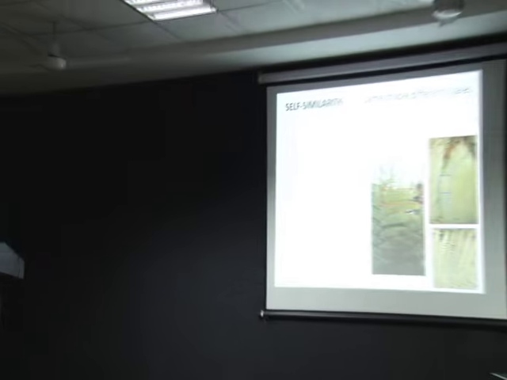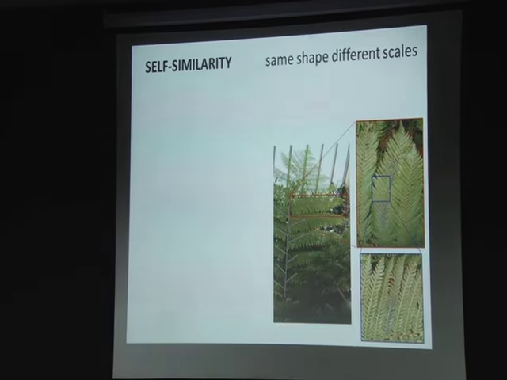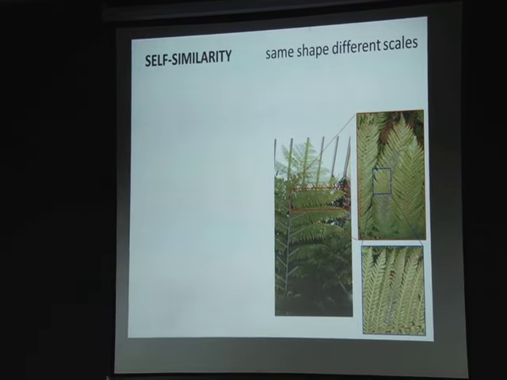When one changes the scales, you can find this more in the visual, where over here you can see the leaves and the tree, and even the smallest part of the leaf, they all look very similar. These are the building blocks of nature actually. Nature builds from the smallest to the highest, but the overall shape of the tree and the overall shape of the leaf all look very similar.